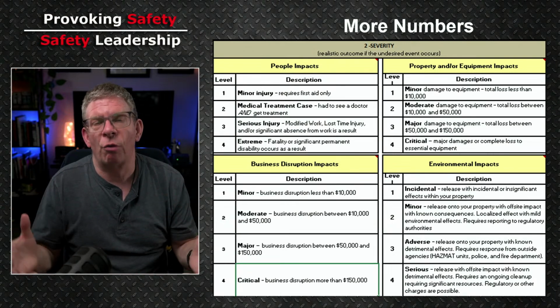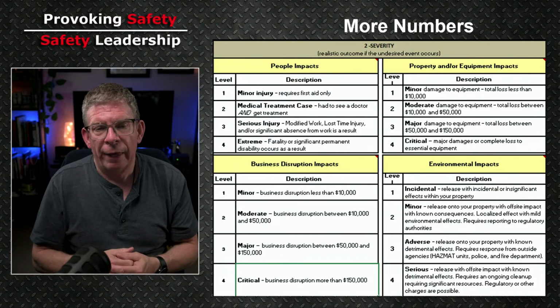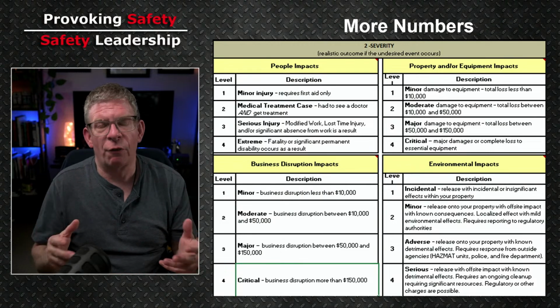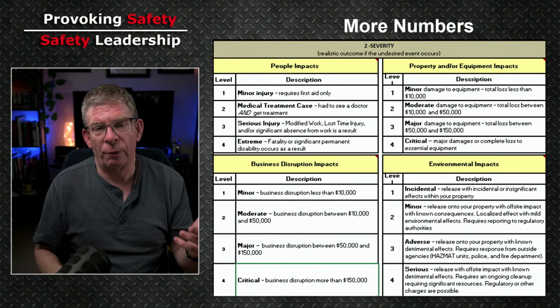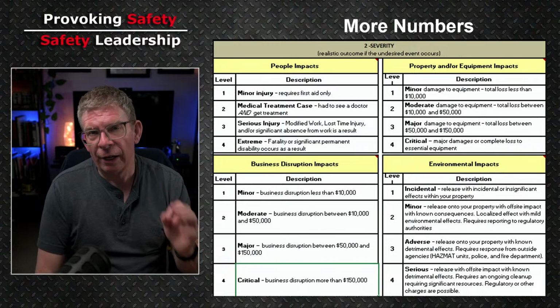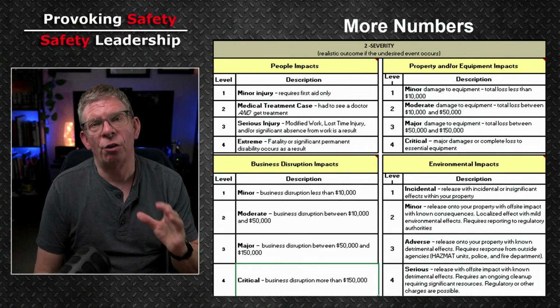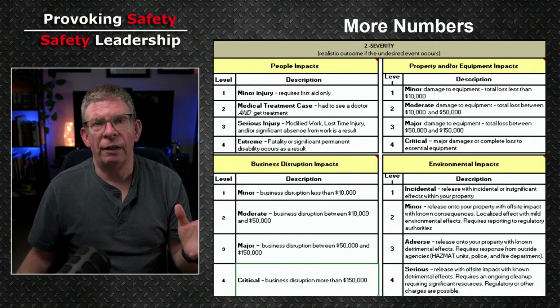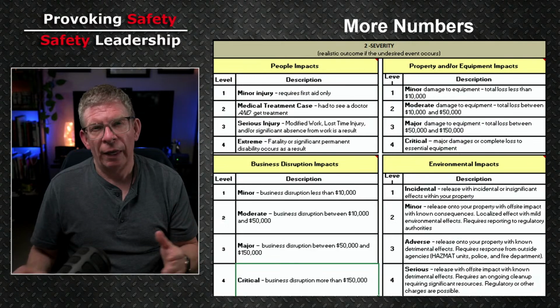So once again, describing it a bit better. And then finally is extreme. It's that life-altering or life-ending process. We either have a fatality or significant permanent disability. In other words, it's life-altering. They're not going to return in their previous capacity. Okay? And